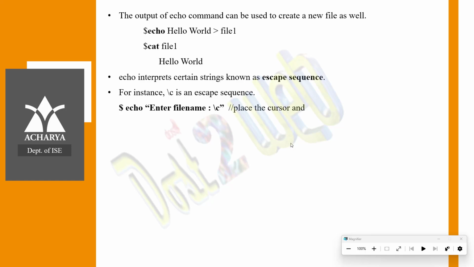Okay. So, once you give a prompt like echo enter file name backslash c, it will place the cursor and prompt on the same line, as the result displayed here.